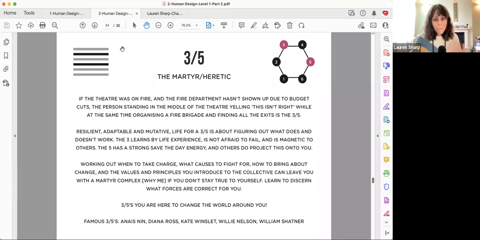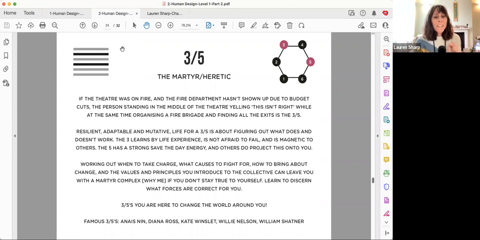I love the 3-5 energy, and I have 3-5 in my life. And it's like, it's okay. Just put it out there, just get messy, do it. I'm not afraid to fail. And the 4-6 is going, whew, this is not going to end well. Like, for me, you might get away with this, but I'm not going to get away with it. So it's about understanding each other's profiles and then working with it.